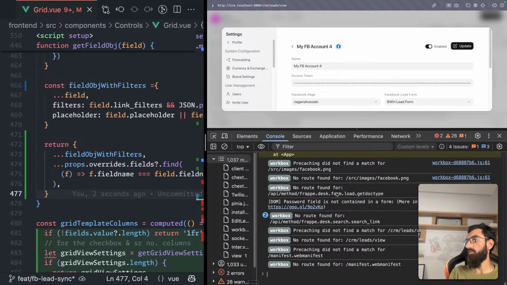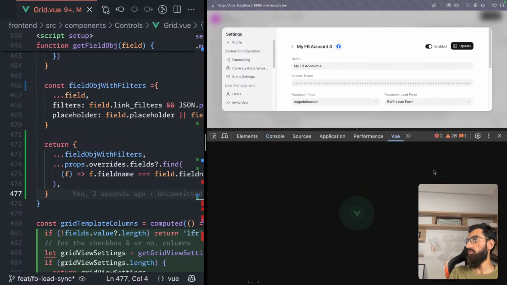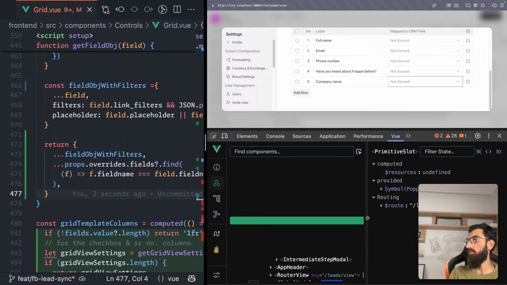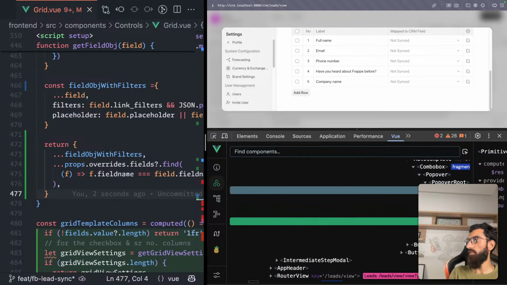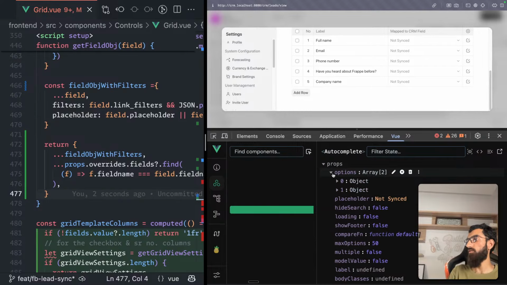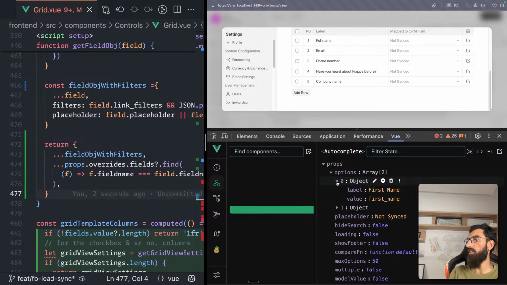So check JavaScript console. We came to the very bottom of it. It should be this autocomplete. So autocomplete has got these options: first name,